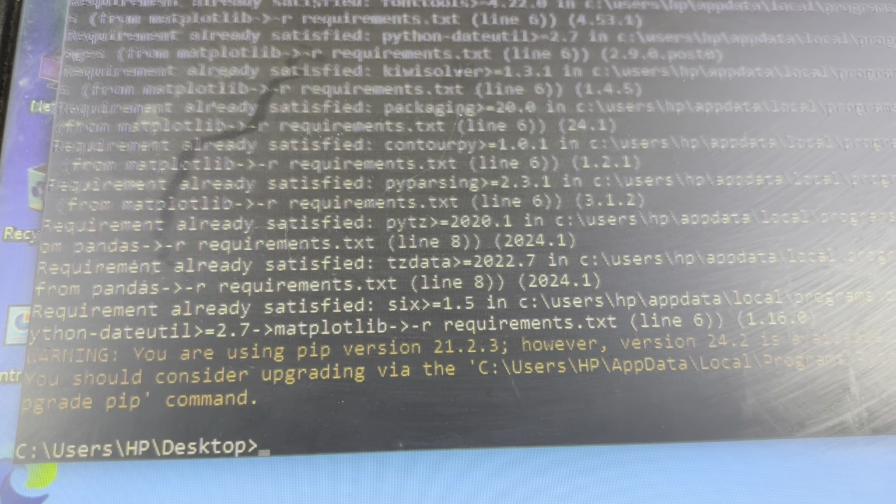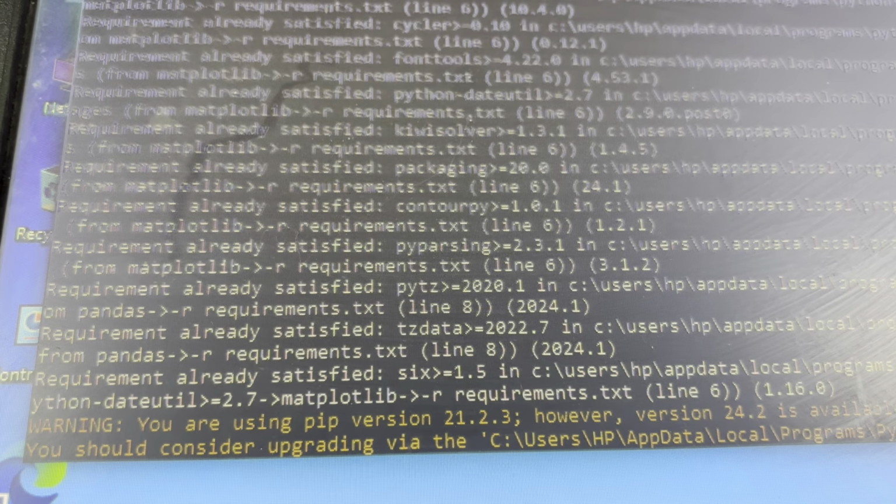So this was the first thing, and the second thing is you open your VS Code, and here you create one